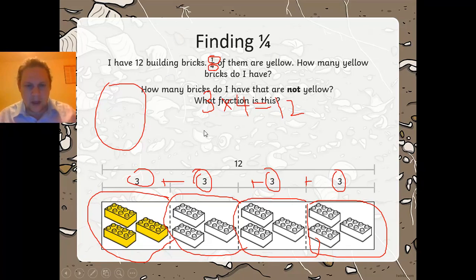Now that I've written all over that, we can't see this coming up. How many bricks do I have that are not yellow? What fraction is this? Well, the bricks that we have that are not yellow here, how many do we have? We have 3,